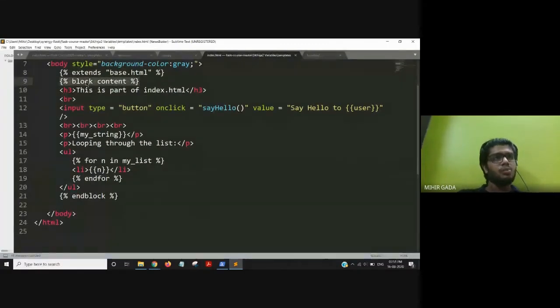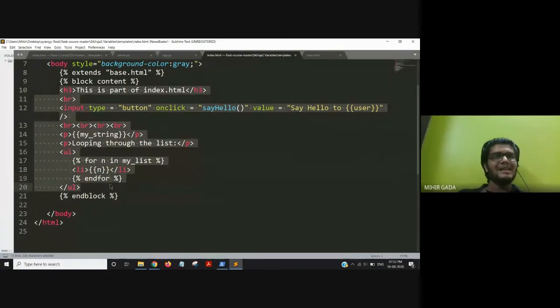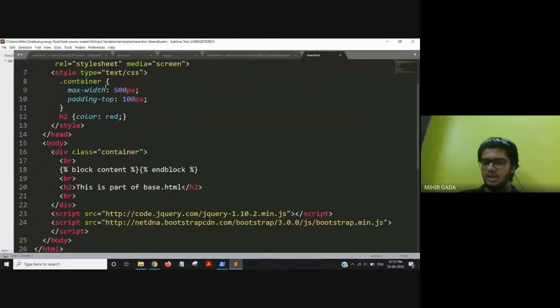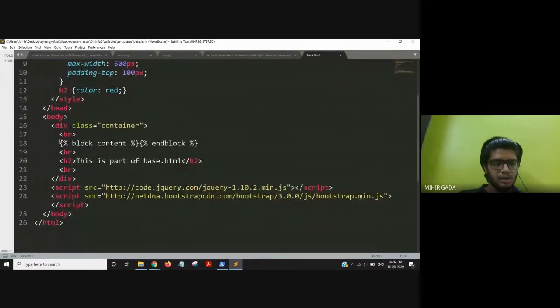I'm creating a block which has all of my content, and I am ending my block. From where I start to where I end, this whole part of code will get embedded between my header and footer. When I go to my base.html, you can see it has block content and end block.